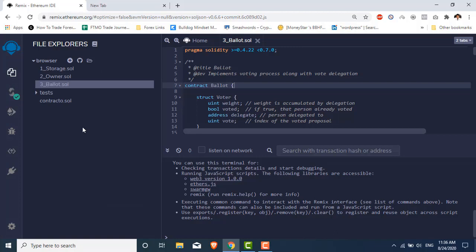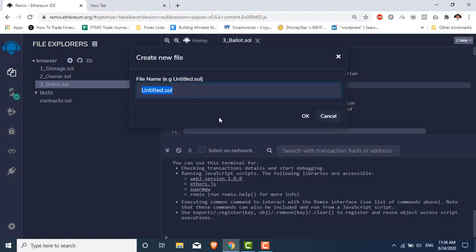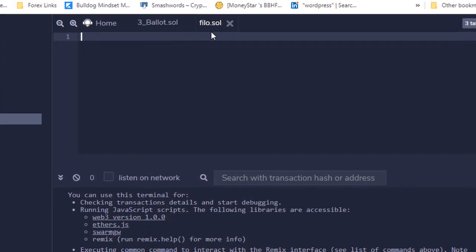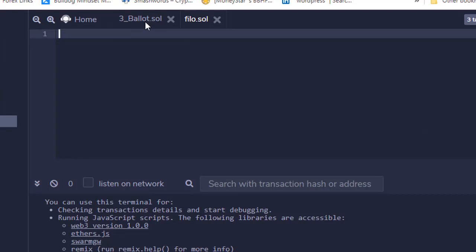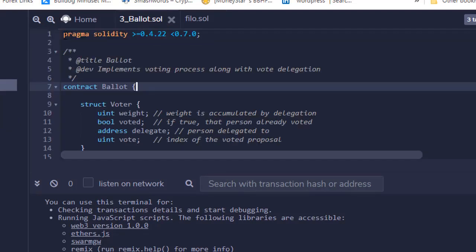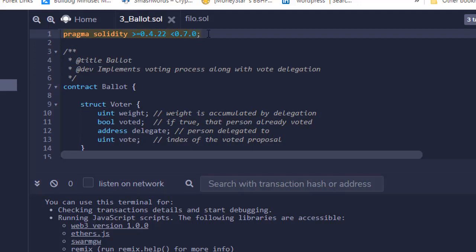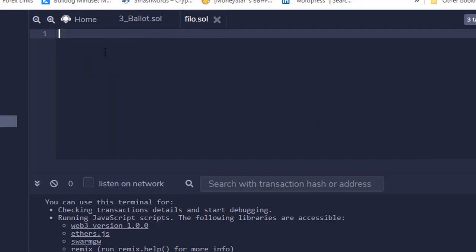So let's create our first smart contract. The first thing is it asks for the file name. I will give it philo.sol, SOL for Solidity. So the file is created, and now first I will copy the line where we need to add the version in the first line.